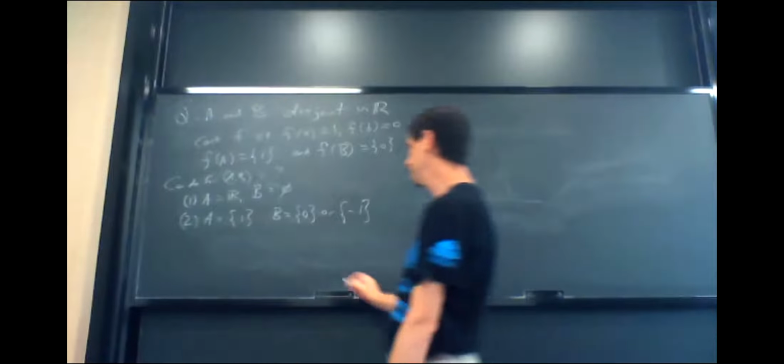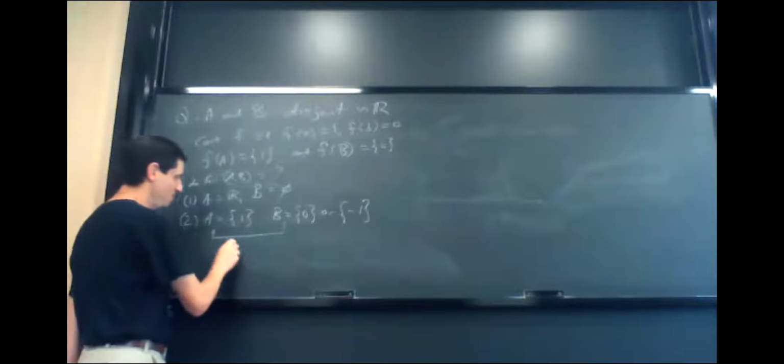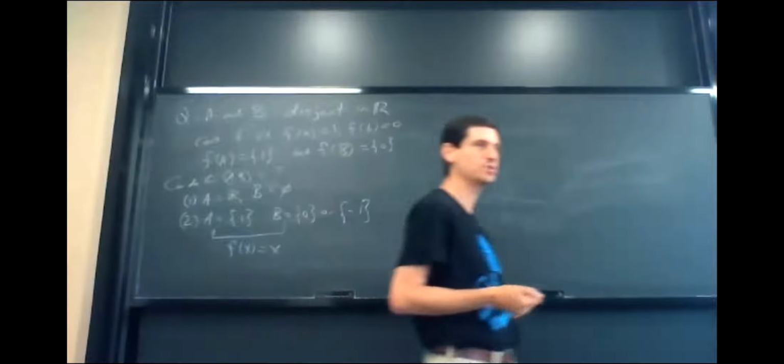So if we do this case, I want a function that's 1 on A, 0 on B. Y equals X. Yeah, this is just screaming f of x equals x. More generally, it's not that hard to do. And it's not that hard to keep it continuous. So let's make the problem a little bit harder before we go on. Or do you want to give me just one more example? Because so far these examples are a little bit trivial.